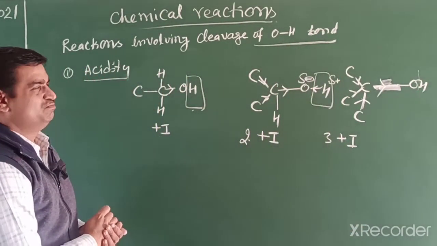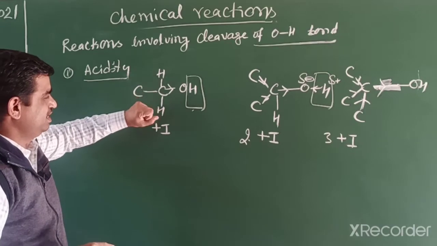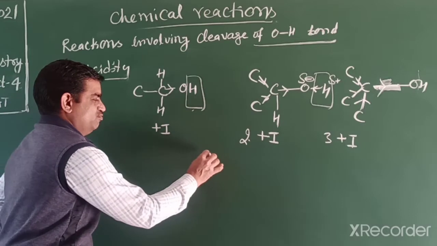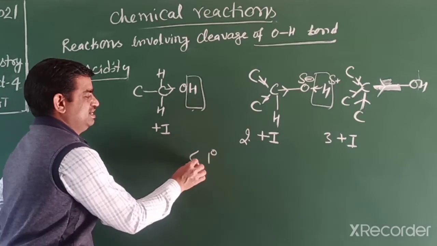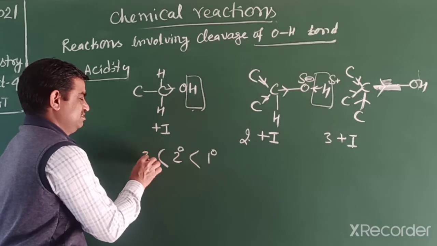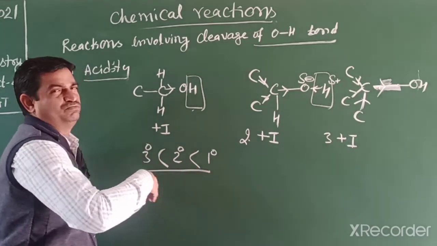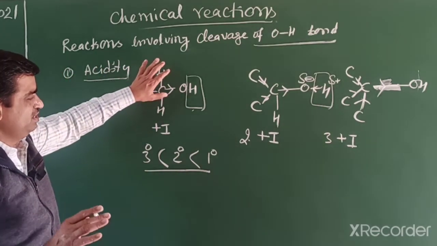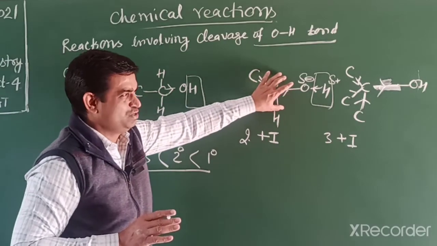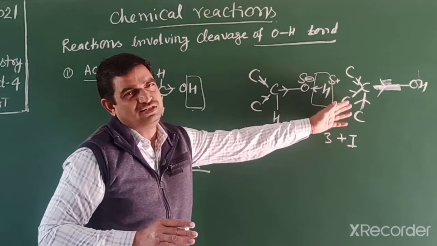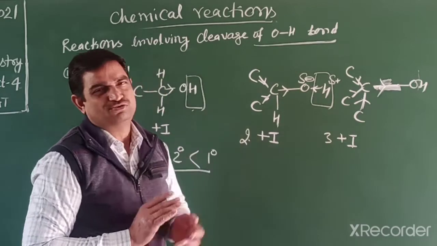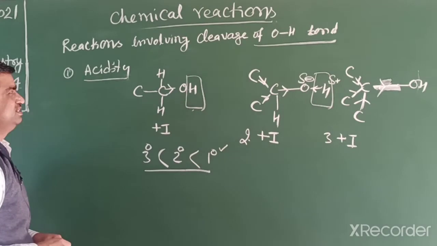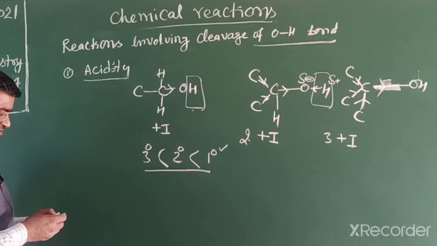So in this way, if we compare, primary alcohol has less repulsion, less steric hindrance, less inductive effect. So 1 degree alcohol is more acidic than secondary, then tertiary. It means primary alcohol is more acidic than secondary and tertiary. The reason is that in primary there is only 1 plus I effect, in secondary 2, and in tertiary there are 3 repulsions. So this oxygen hydrogen bond does not dissociate easily. So in this way we can say primary alcohols are more acidic than secondary or tertiary.